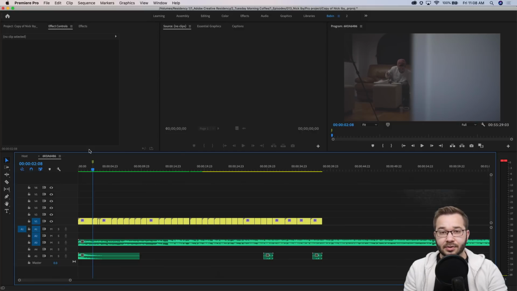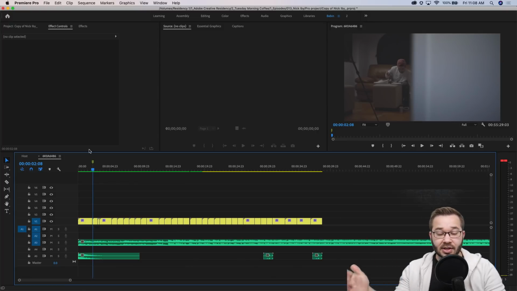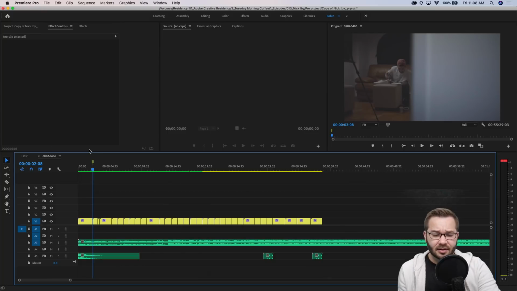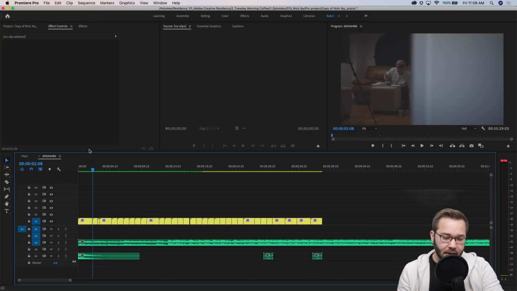And I use this to set my moments where I hear either a kick drum or a snare, something like that, that I want the footage to cut to. Anytime I'm creating social content, I want it to be really, really snappy and fairly fast paced. So I'm going to listen back through the song, create some markers of where I think good moments to have the cuts happen are, and then we'll readjust a few clips.